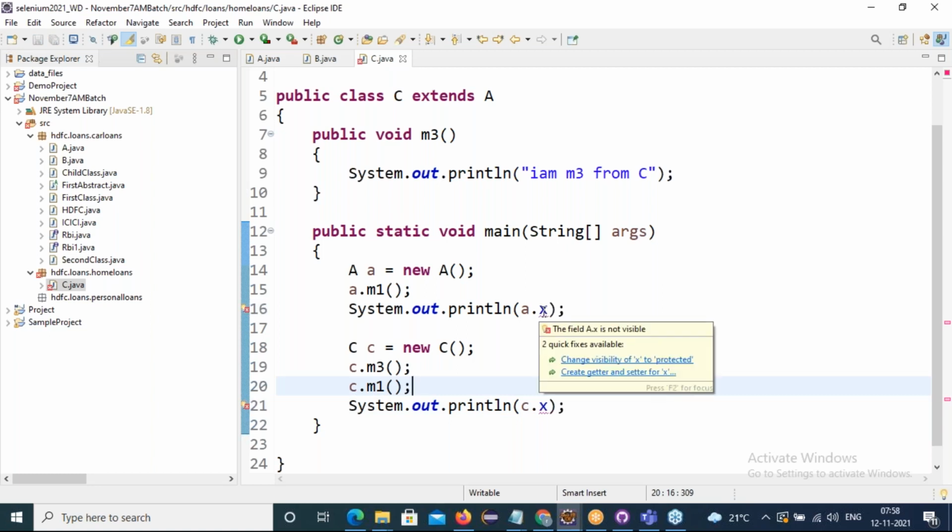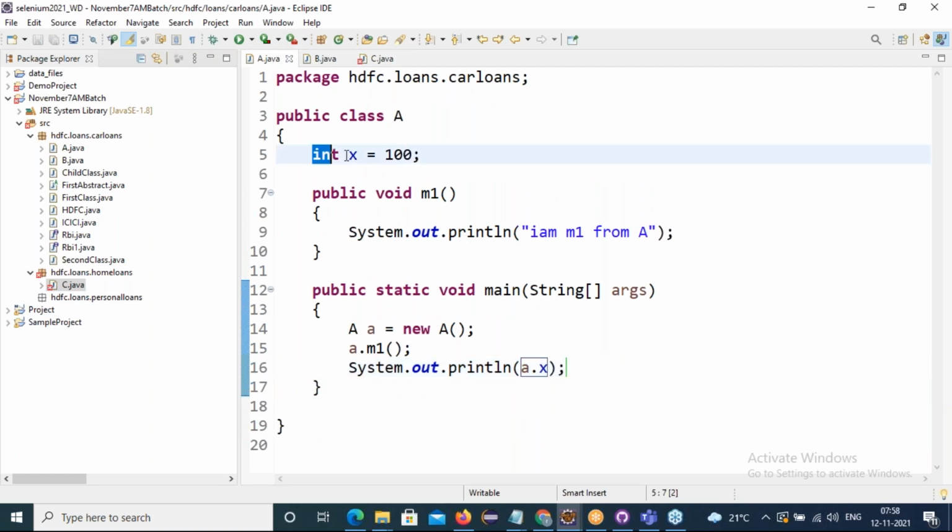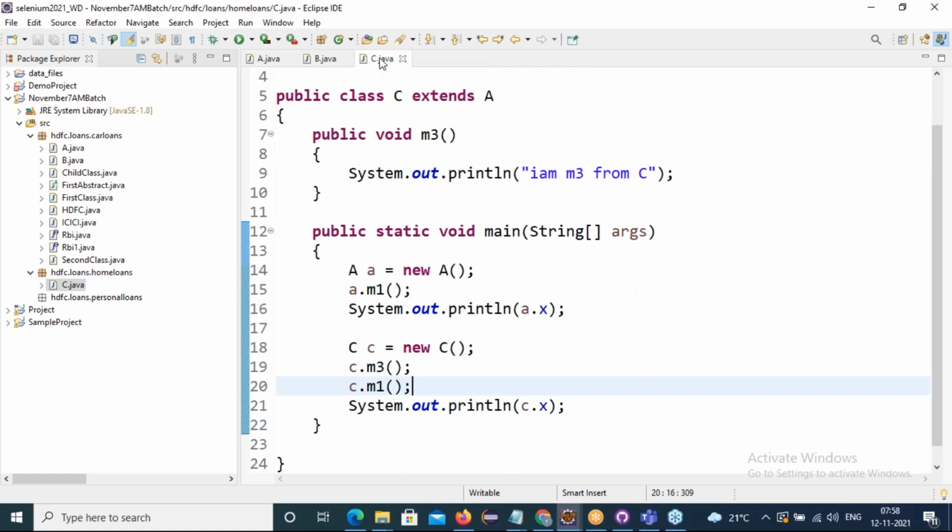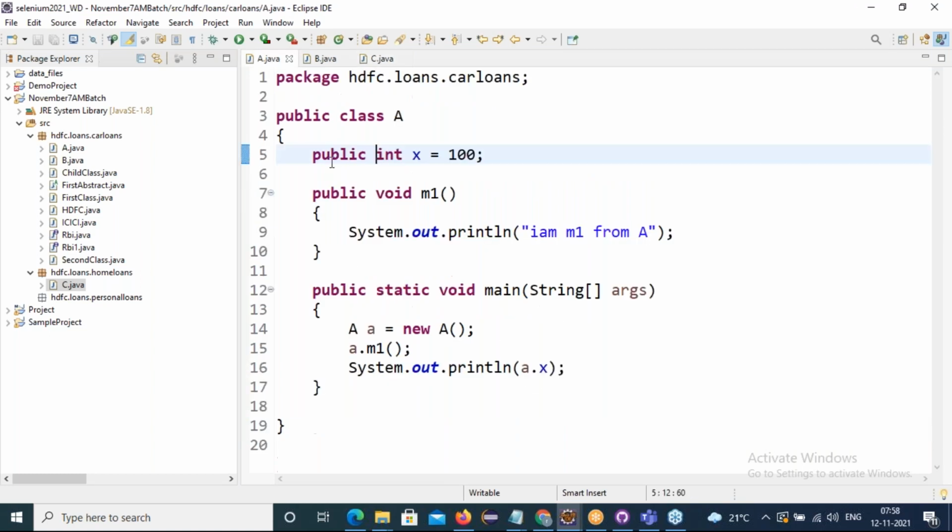If this variable needs to be accessed outside the package also, what access modifier do I need to give for this x variable? Public. Then with public, in the outside package class C also I'm able to access it with the parent reference and the child reference.